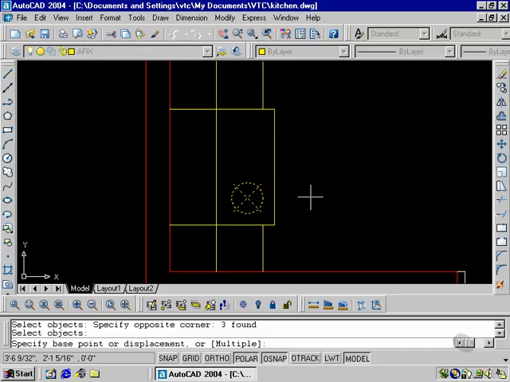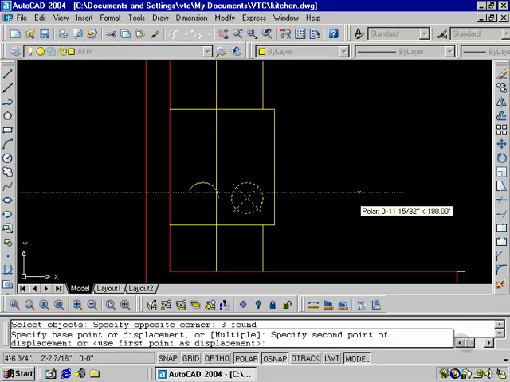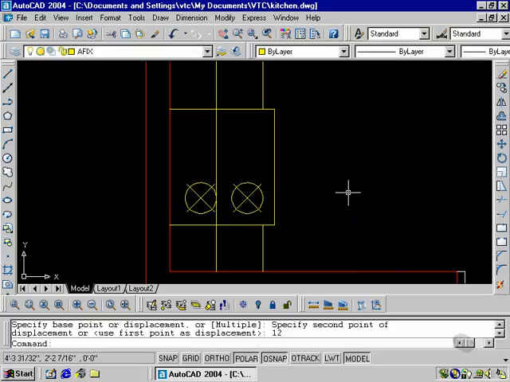Base point, I'm going to pick a point out here with polar on. I don't need ortho. Polar's the same thing. Very similar. I'm going to type in a value of 12 and enter. And finally, instead of drawing them over here or trying to copy, I'm simply going to mirror them about the midpoint of the stove. So selecting the mirror command,